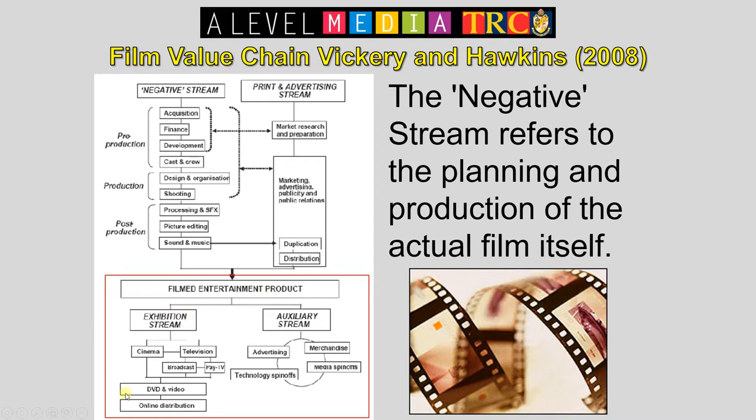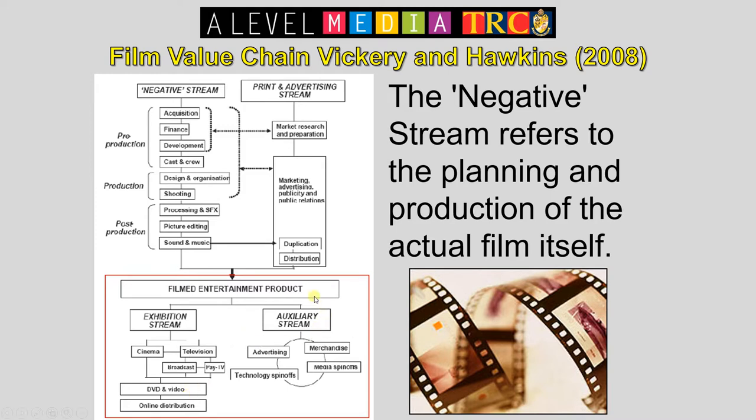So this in particular ties in more with the conglomerate structure, because over here, this is the actual process of showing the film in the cinema, getting it onto television, broadcast TV companies like the BBC and ITV and Channel 4, pay TV like Sky Movies, Sky Box Office, DVD and video. Again, this is slightly outdated. We can say DVD, Blu-ray, video on demand like Netflix, like Amazon, etc. Digital distribution, well, yeah, Netflix and Amazon, but also, it can be a digital download off iTunes. It can be streaming for rental. There's a much bigger world of opportunity now for distribution.